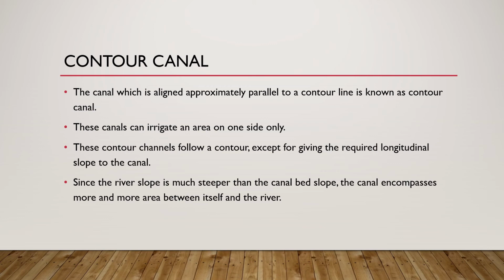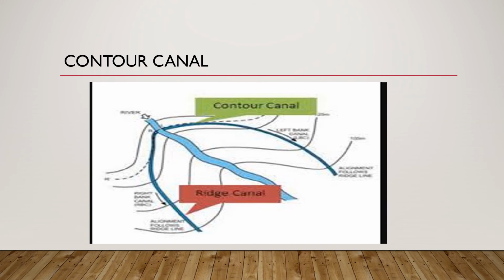Okay, fine. This picture represents the contour canal. You can see in the picture there are certain contour lines, the wrinkle-like lines which are present continuously throughout the picture. These are the contour lines, and the ridge canal is the broad line near the contour lines, so that the river water is transmitted through this ridge canal or contour canal and transported to the nearby irrigating lands.